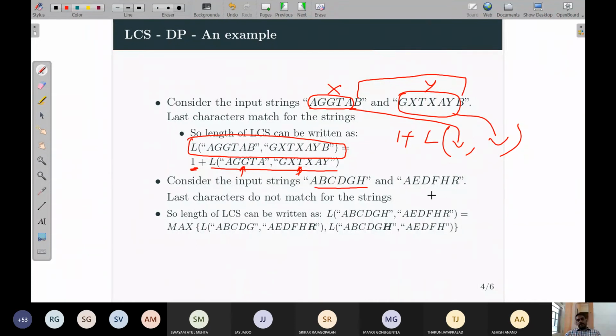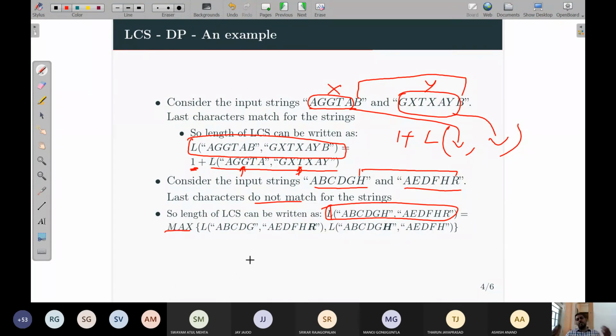If this is different, that is the last letters are not matching. Here you can see the last letter is H and here the last letter is R. So they are not matching. Last characters do not match. In that case, what you can do is, this is the quantity that we are trying to find out, that quantity is equal to the maximum of